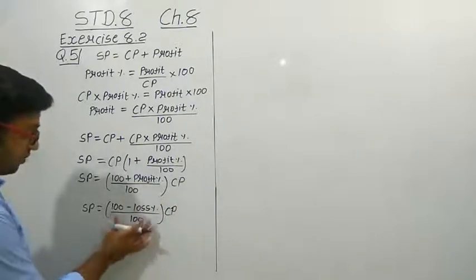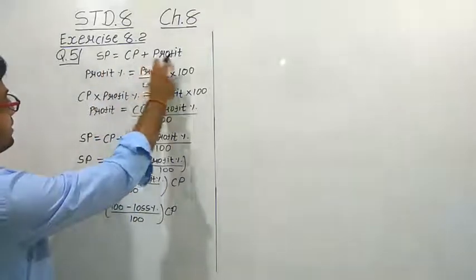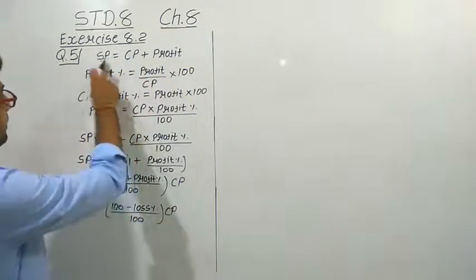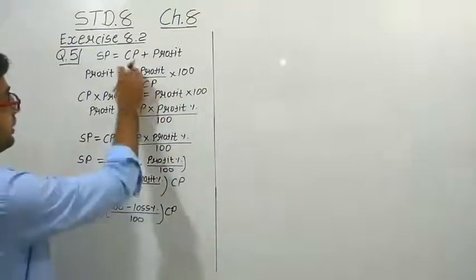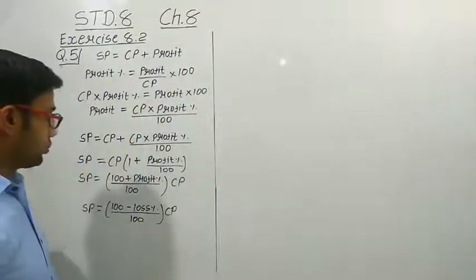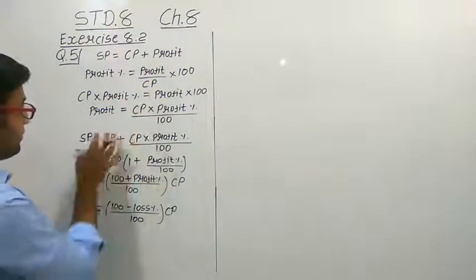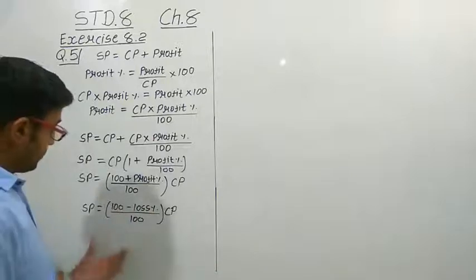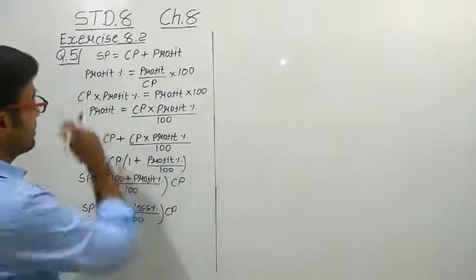Okay, why this minus is there? That you can do by yourself. Just you have to change here, because whenever there is a loss, what we have to do here? Selling price will become equal to cost price minus loss. So here we will get cost price minus loss, right? And the same thing we have to, when we put in this formula, you can get the minus loss percentage. Okay, so this thing you can derive by yourself. Okay, try it. Now let us study the question number 5.